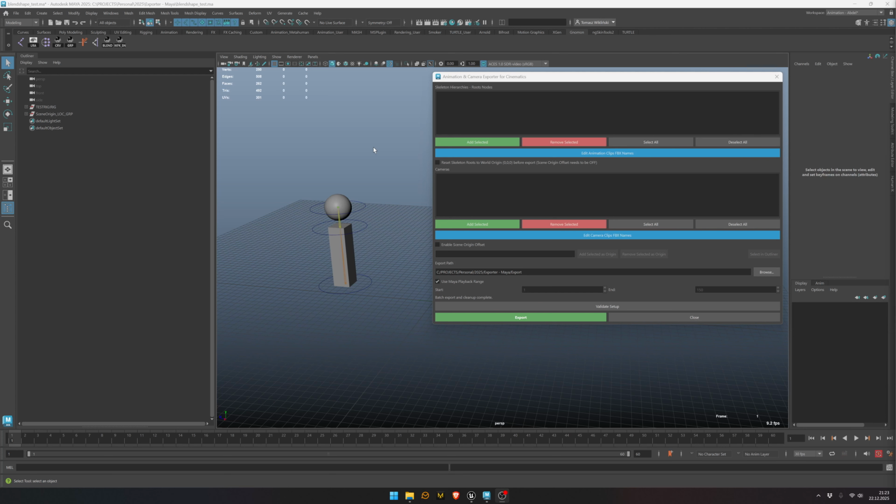Hi. I made a couple of changes and added some features to the exporter, so I wanted to do a demo and walk you through all of the changes. As you can see, at first glance, there are some UI updates. For example, the most important buttons are now highlighted, so it's easier to find them and focus on what's